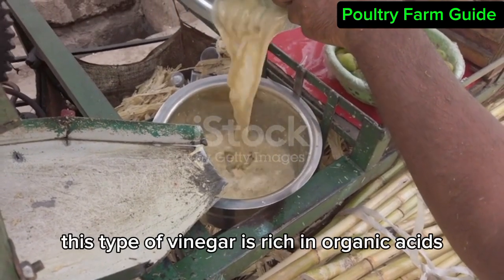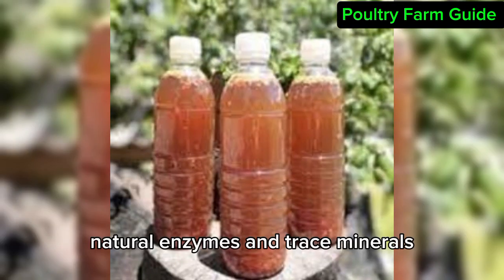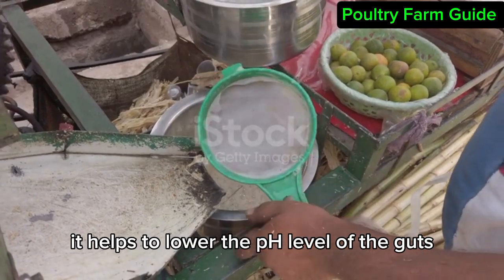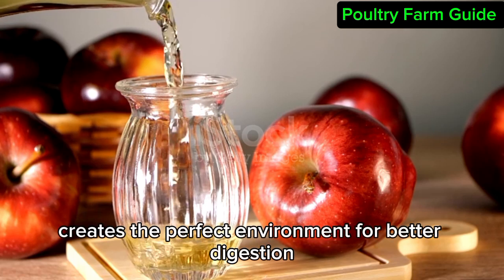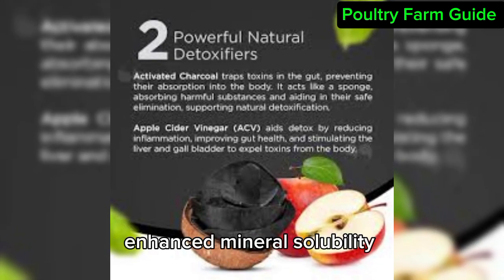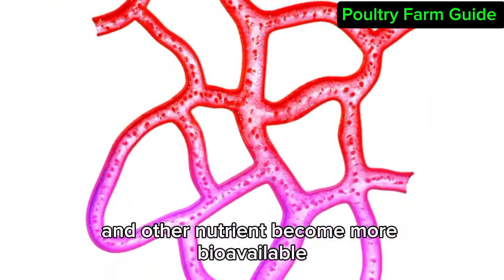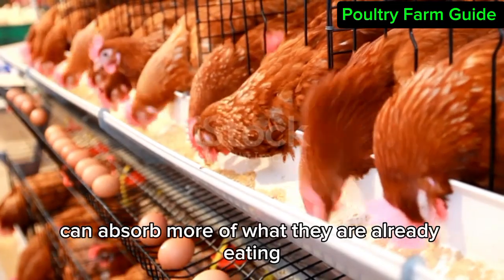This type of vinegar is rich in organic acids, natural enzymes, and trace minerals. When added into the bird's feed or water, it helps to lower the pH level of the gut. A slightly acidic gut creates the perfect environment for better digestion, stronger beneficial bacteria, and most importantly, enhanced mineral solubility. That means calcium, phosphorus, and other nutrients become more bioavailable, and your birds can absorb more of what they are